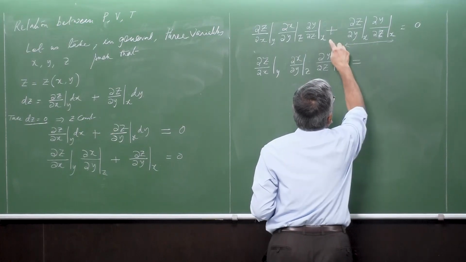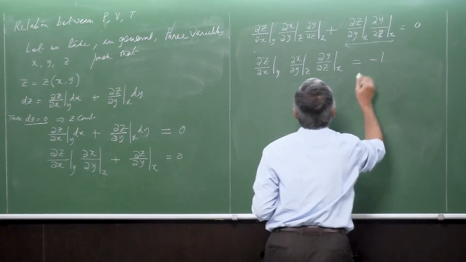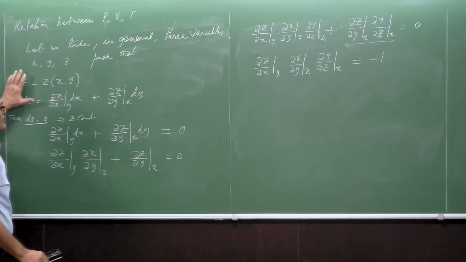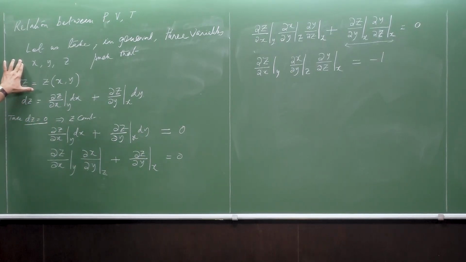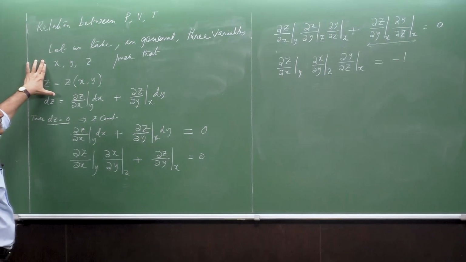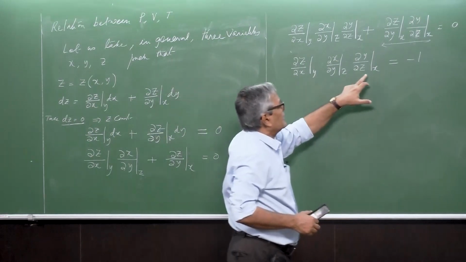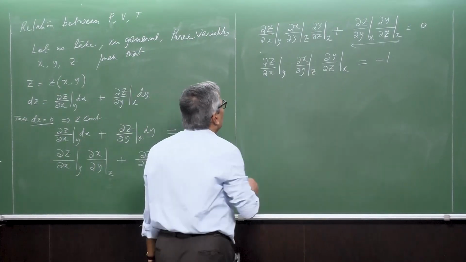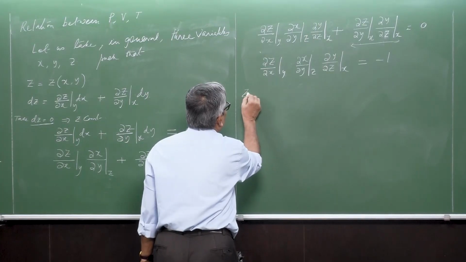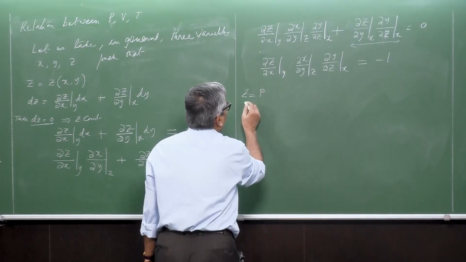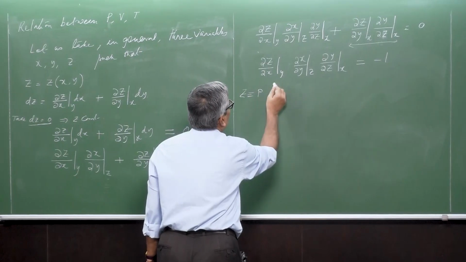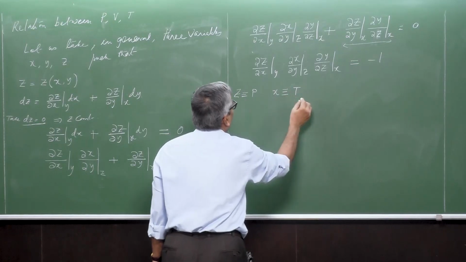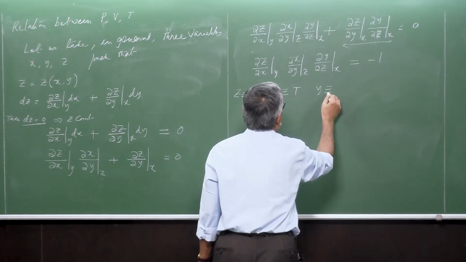So, I take the 1 on the other side, so it is minus 1. This is a very interesting and simple relation, a cyclic rule that allows us to establish a relation between x, y, z as a product of partial derivatives. If I identify Z as pressure, X as temperature, and Y as volume,